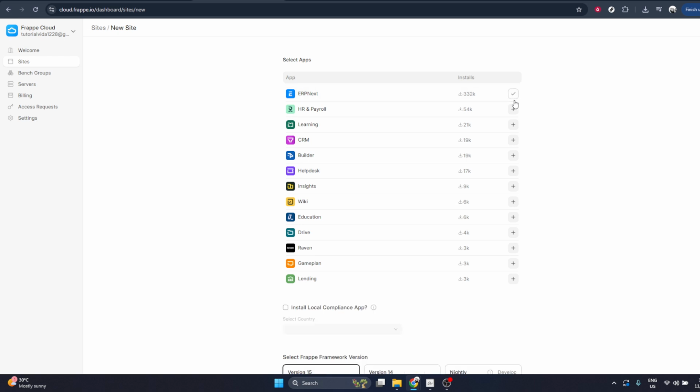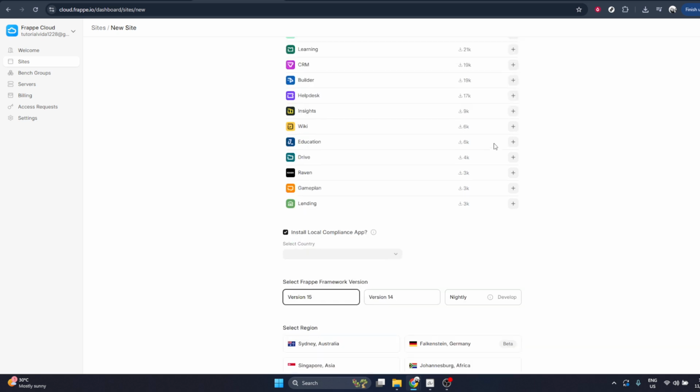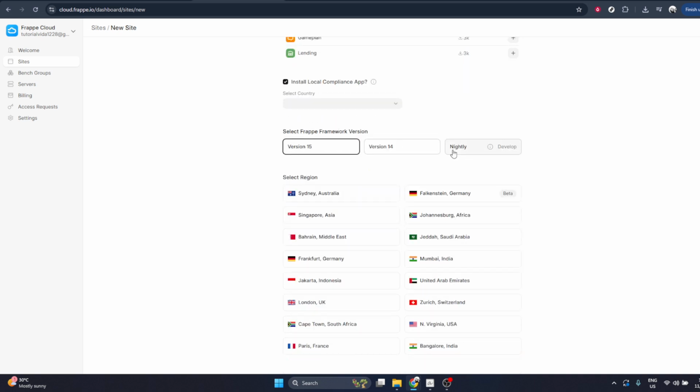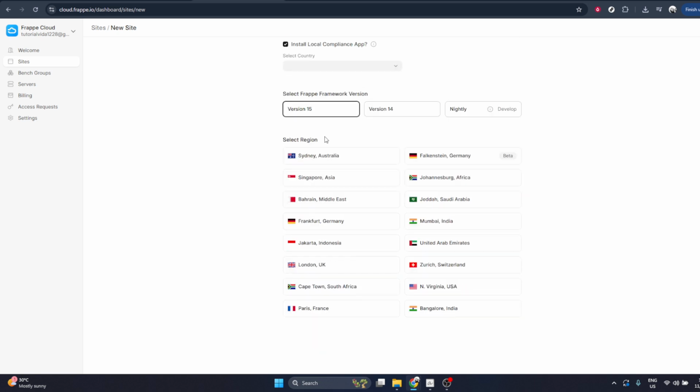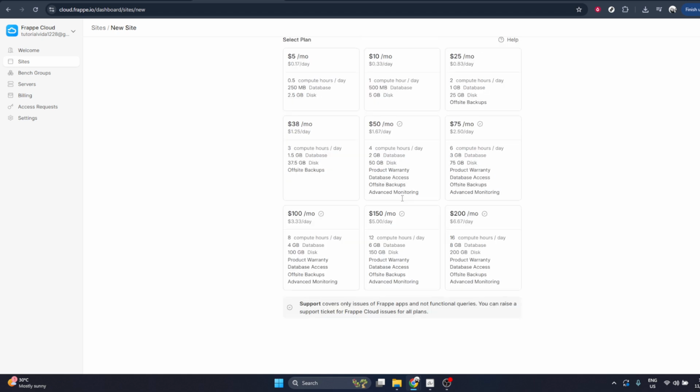To create a new site, find and click the New Site button, usually displayed as a plus sign or labeled Plus New Site. This will open a setup form or wizard that will guide you through the configuration of your new ERPNext instance. The first key step in this setup is selecting the apps you want to install on your site. At a minimum, you'll want to include ERPNext, and it may already be selected for you by default. Depending on your needs, you might also see other apps available, such as Core Framework or additional modules. Take a moment to review the list and select only what you actually plan to use. Choosing unnecessary apps can make your environment more complex than it needs to be, so keep it focused on your